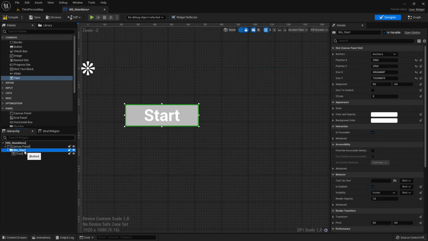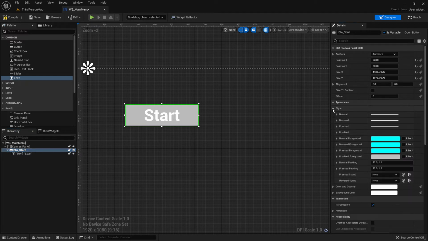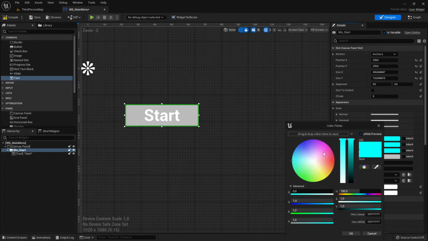I click here on my start button again, or here. Then I go here again to my details panel in appearance. This time I go to style, and in style I go down to normal. We have here three cases. Normal, hovered, and pressed. In our case, to make it simple, let's change just the normal to